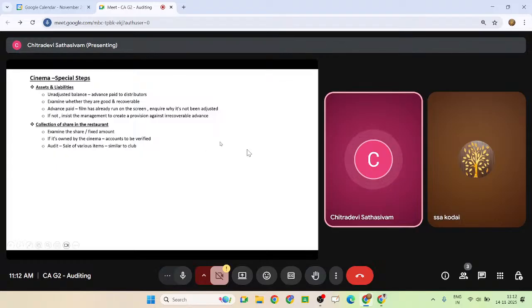And again, the collection share question. Some theatres and all, they will make an agreement, a rental agreement. Okay, you come and operate the cafeteria area. You pay me rent alone, a fixed amount. Whatever you sell, I don't bother. Popcorn or chips and everything. That guy keeps on selling many things, stock everything. It will be in his control only. The cafeteria management's control only, not the theatre owner's control.